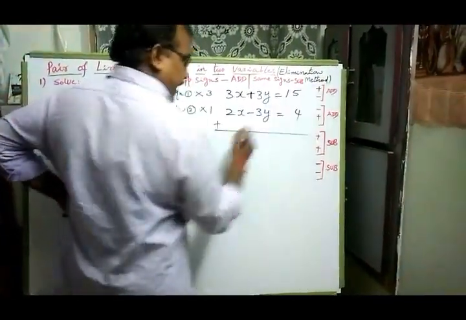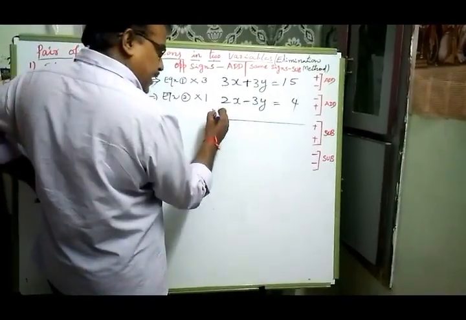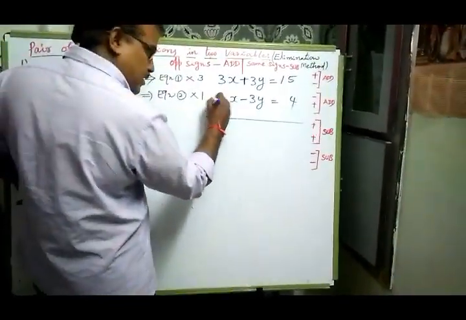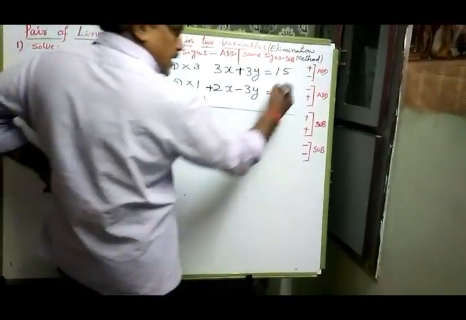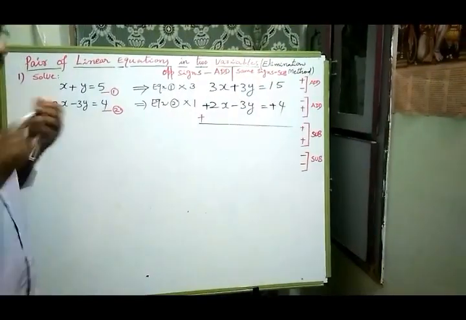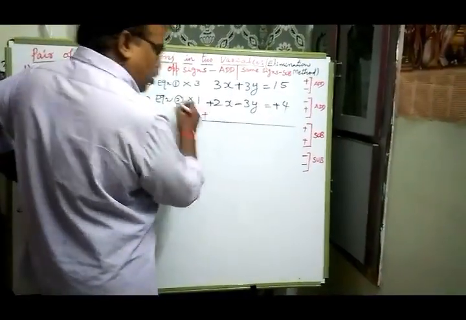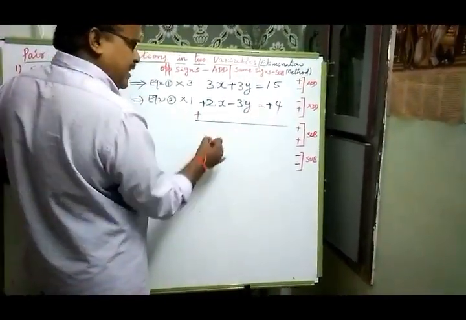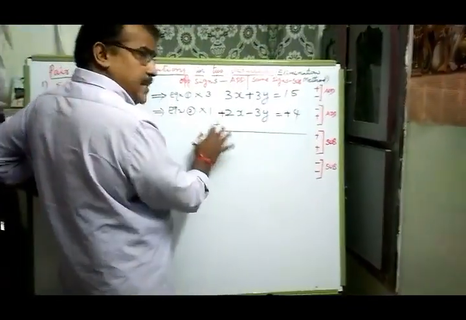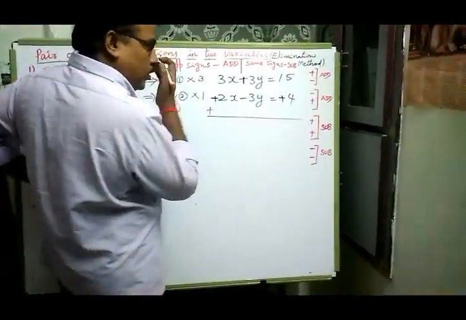So addition. What is the sign for 2x? It is plus. What is the sign for 4? That is also plus. This is a very, very important point. For addition, there is no change; as it is, you can write the plus. If it is a subtraction-only problem, addition you can do directly.